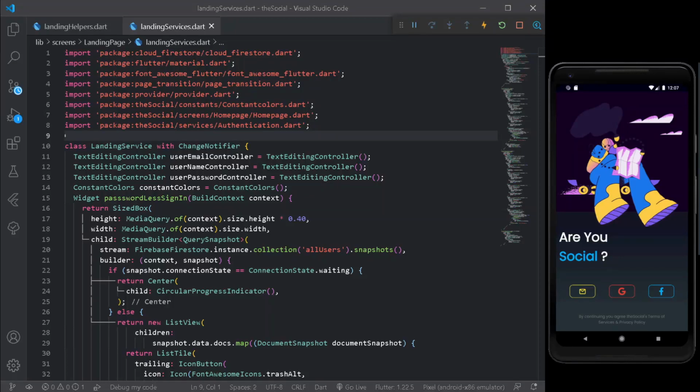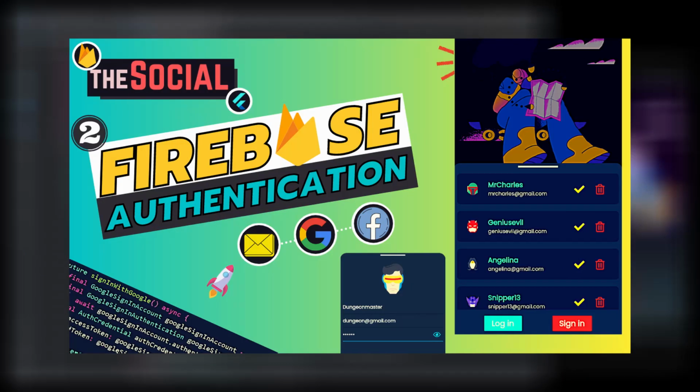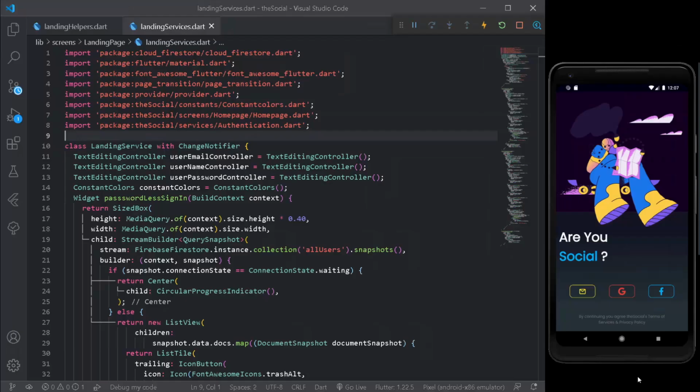Hey everyone, welcome back. In this video of The Social, we are going to add user avatar, that is user image, under Firebase storage. Also show the user data that he has logged in or signed in on the Cloudflare store. Now, if you haven't checked the previous video, that is previous tutorial of this series,